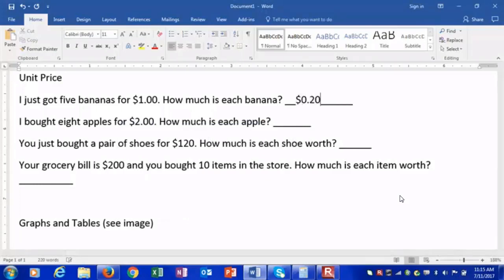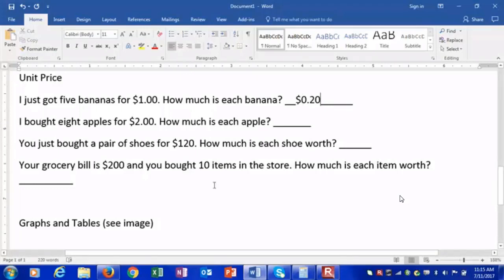And when we're talking about money, make sure you list that money sign right next to it, because if you don't, we're just going to think you're talking about 0.20 without the cents. So make sure if we're talking about money that you put that monetary sign out front, dollar sign.